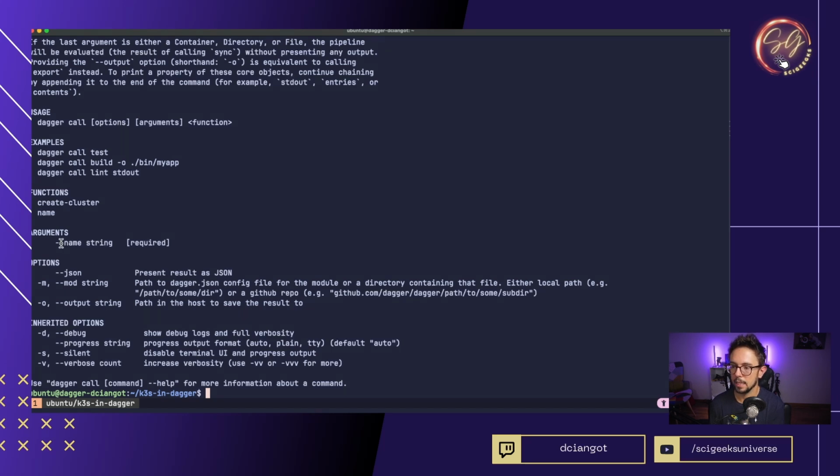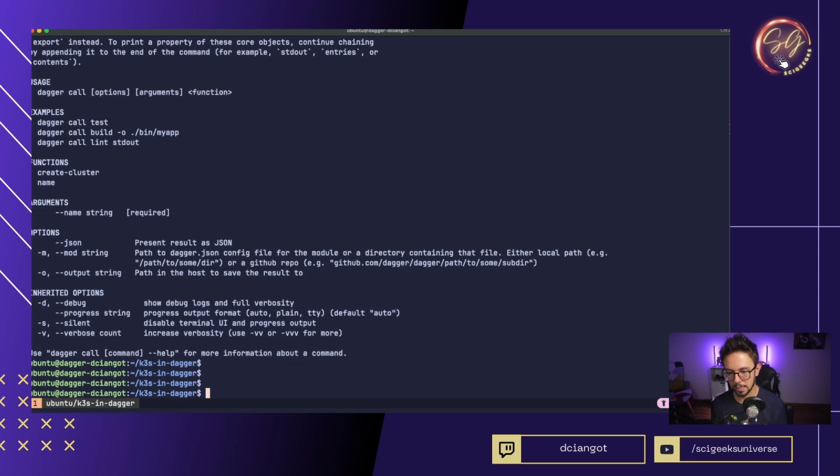It's saying name is an option that you can pass for the instantiation, and that is required. And then there is the create cluster. This means that we can go ahead and say, okay, --name, and we can get test1. Then we can say create cluster